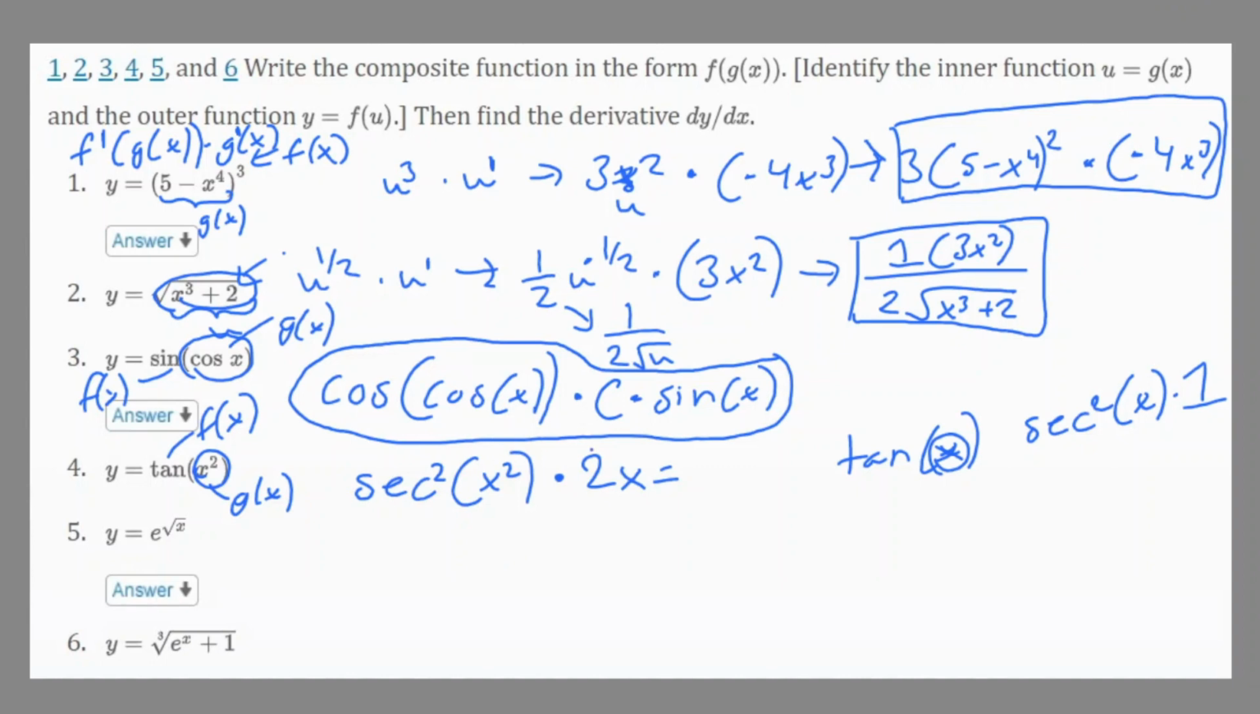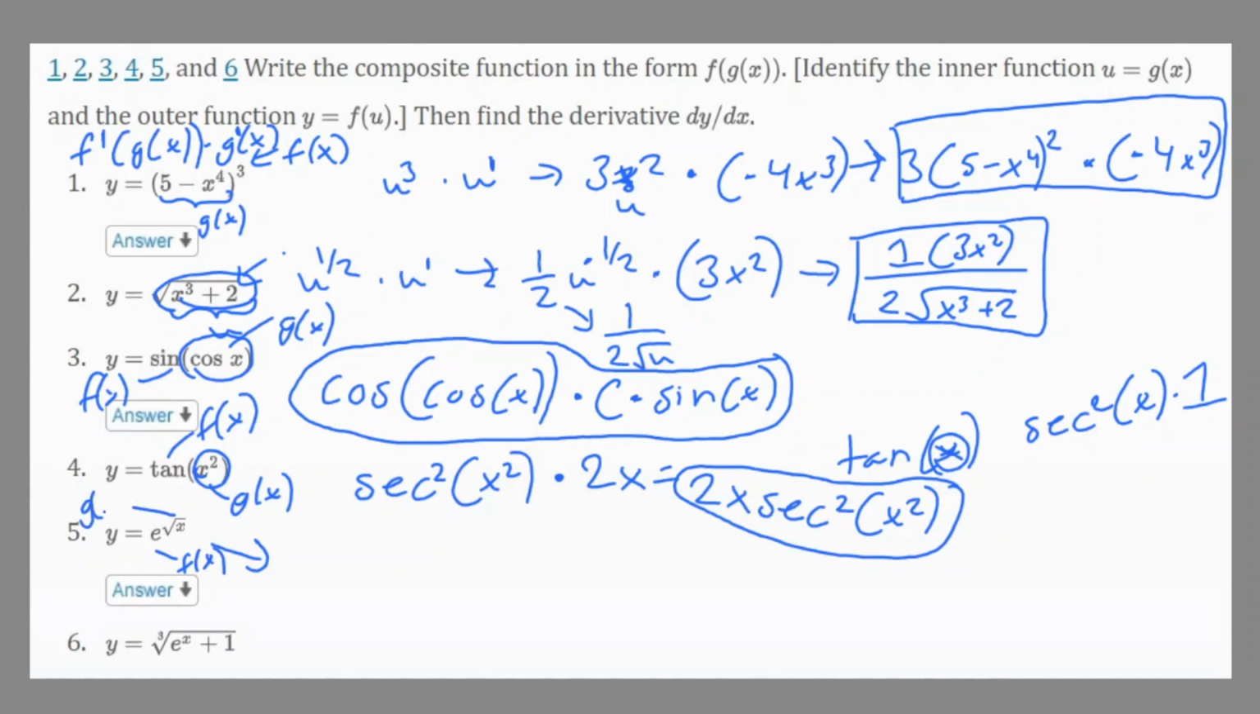So yeah, you could just leave your answer like that, or you could write it out as 2x secant squared x squared. And that would be your final answer. And now number 5 is e to the power of radical x. So for this, we could set e as the outside function, and then radical x as the inside function, which is g of x. So the outside function we know that e to the radical x power, or rather e